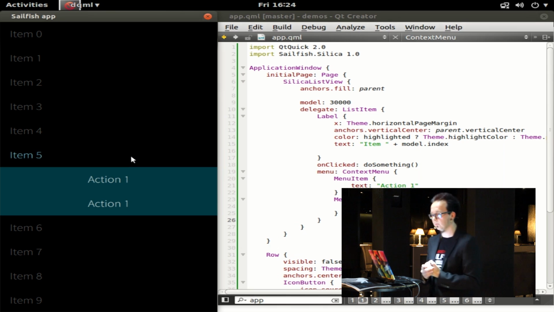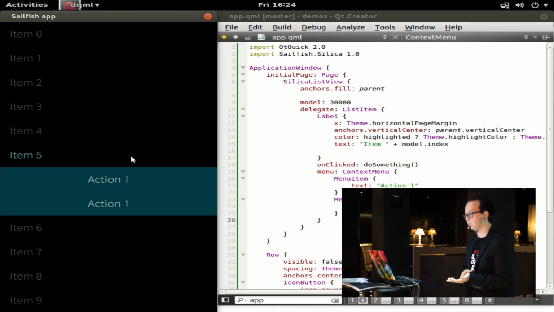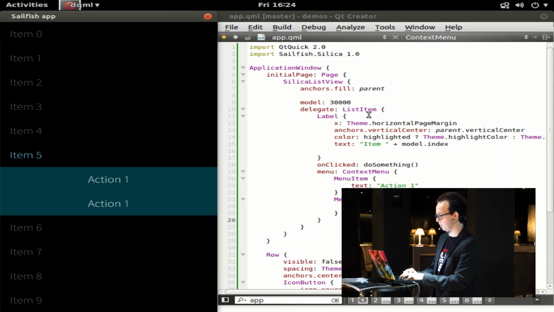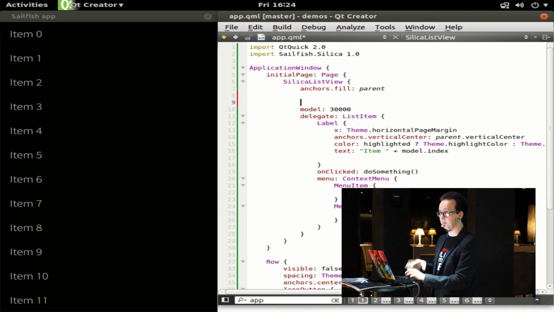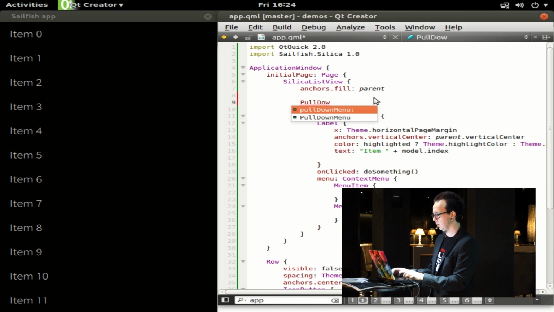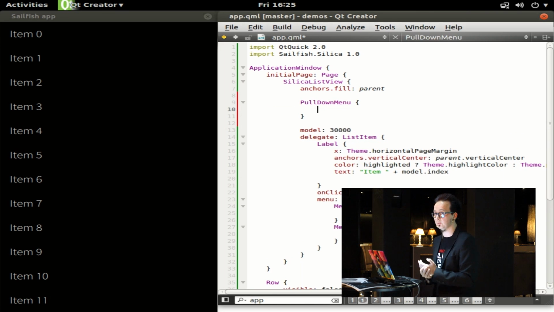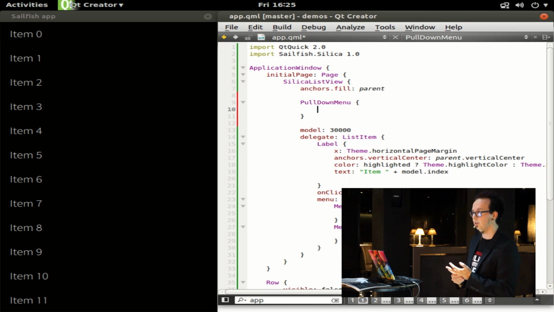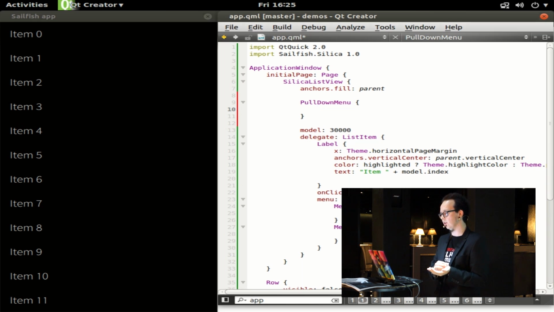If you have a song, you could add it to a playlist, you could delete the song from your device, and so on. These are item-specific actions. Then we have something we call the pull down menu. This is basically what on other platforms you would see as a toolbar. You would have a toolbar at the bottom with different toolbar buttons for global actions. You are in a phone application and you can switch between the call log and the dialer, and